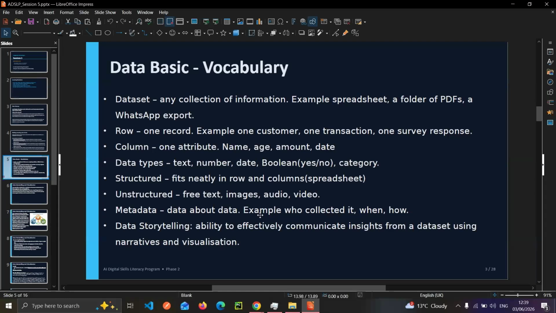No question. All right. Just to ask, could anyone give me an example of a structured data set? An example of a structured data set based on a data set vocabulary.